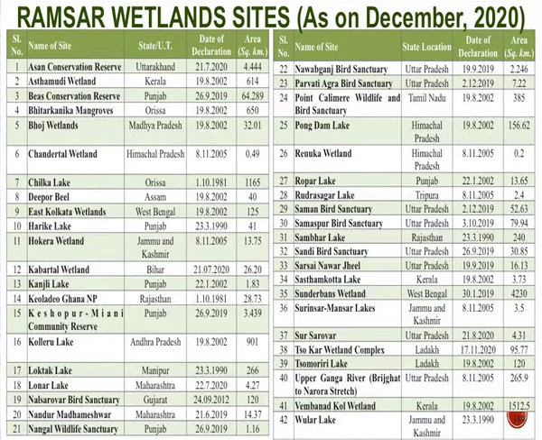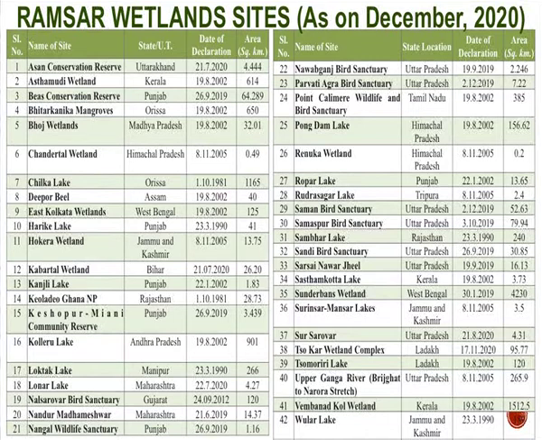It is an intergovernmental environmental treaty that calls for international cooperation and national action to safeguard and sustainably use the wetlands. The official name of the convention is Convention on Wetlands of International Importance, especially as waterfowl habitat. It is the first and the only global treaty which goes for the conservation of a particular ecosystem. The aim is to develop and maintain an international network of wetlands which are important for the conservation of global biological diversity and for sustaining human lives through the maintenance of their ecosystem components, processes and benefits.